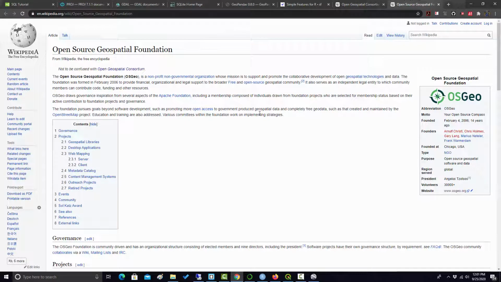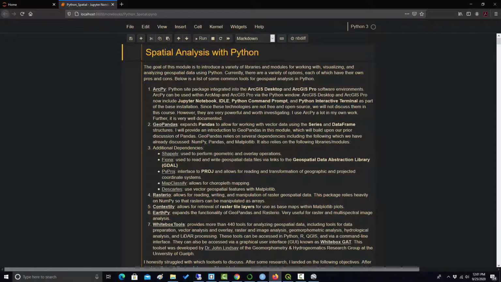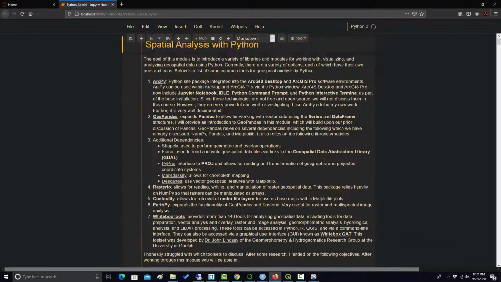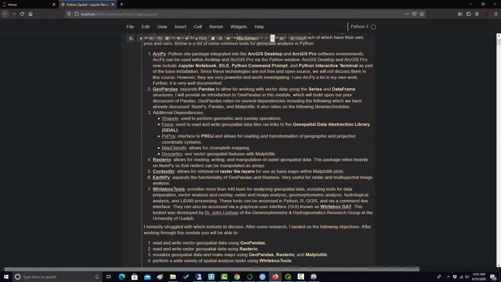Okay, so to wrap up, I just wanted to provide a brief introduction of how we can access geospatial data in some of the open data science environments. Specifically, we're going to look at Python, and then we're going to look at R. Okay, so I've opened up a Jupyter notebook here inside of an Anaconda environment that has access to a bunch of libraries that allow you to work with data and spatial data. So what I'm going to do here is specifically show you how to read in a vector